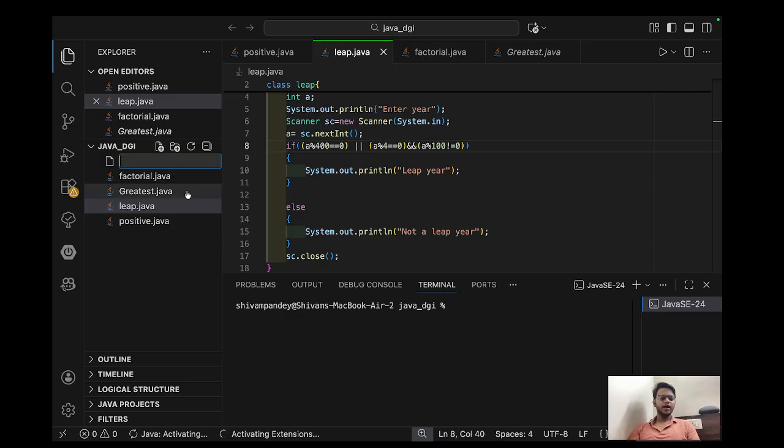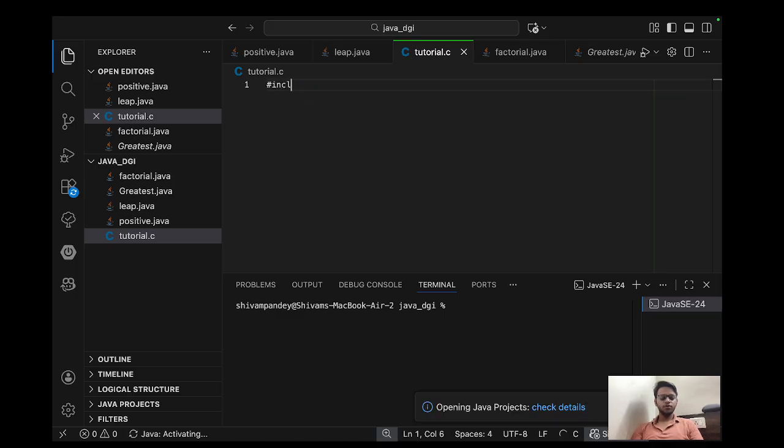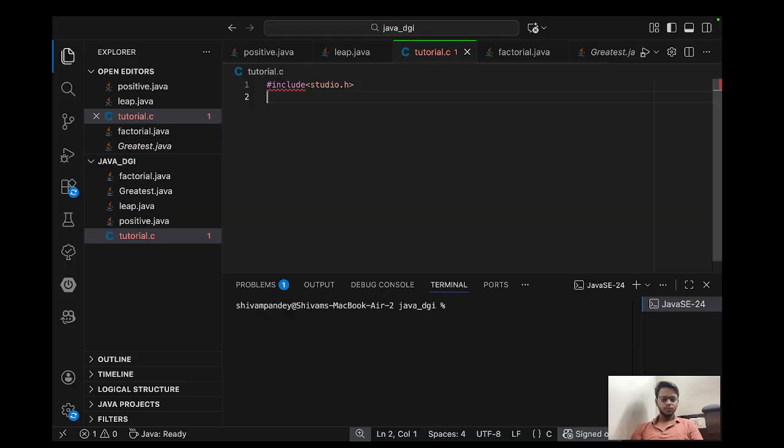So I'm making one file, tutorial.c. In this file, I'm going to write the header file of C language, include stdio.h,